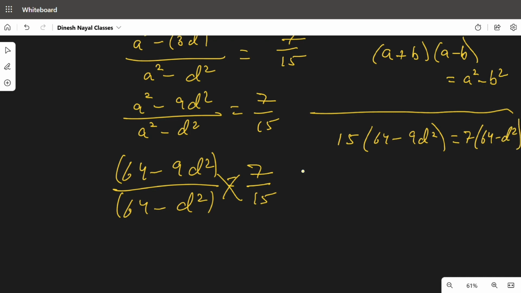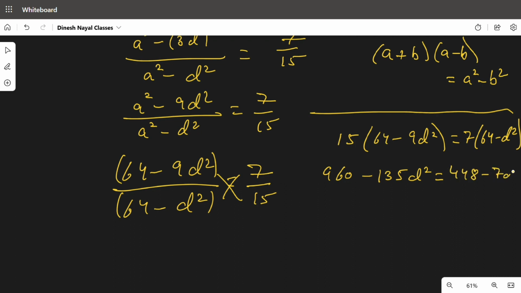Okay, so what is 15 times 64? I think you can do the multiplication. 15 times 64 is 960. Minus 15 nines are, we know that is 135. 135d square, which is equal to 7 times 64. 7 times 64 is 448